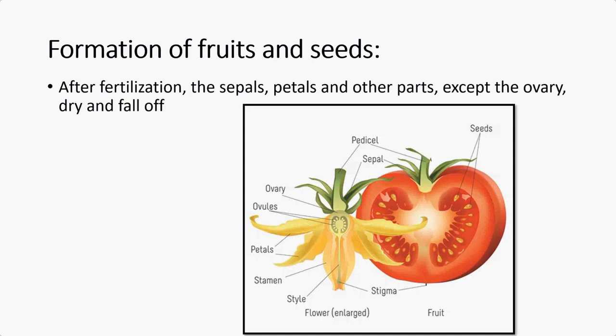And look at the stigma. If you take tomato, we will remove the top and the bottom part. When you take tomato to cook, what your mother does, we will remove the top black color one and the bottom black color one. Then only we used to cut it. You know that? So the top one is sepal and pedicel, and the bottom black color one is stigma. Stigma of a flower. And the fleshy part is ovary, seed is ovule.